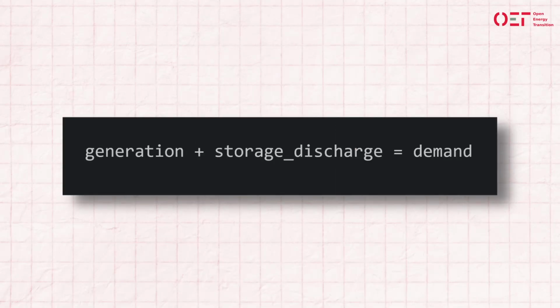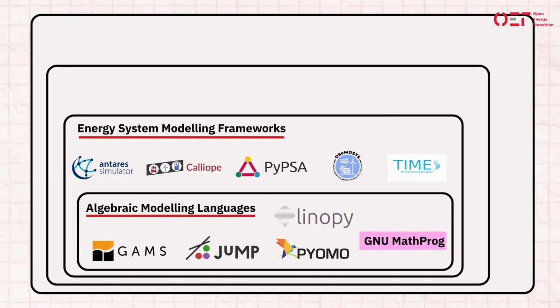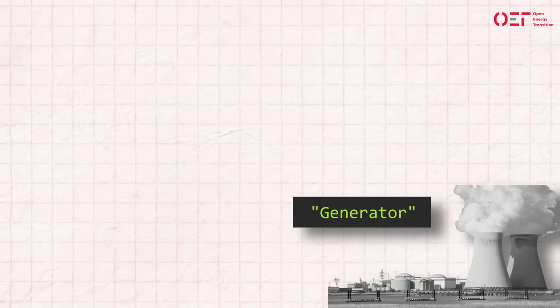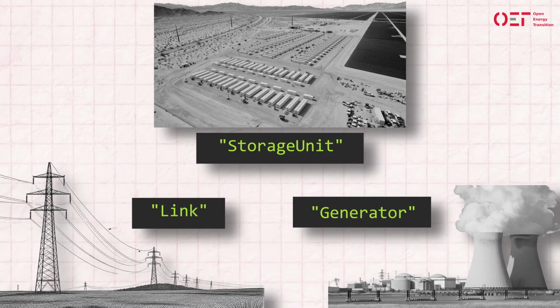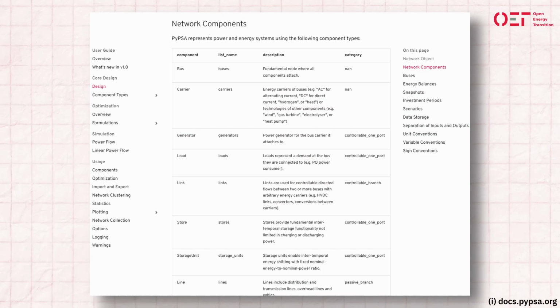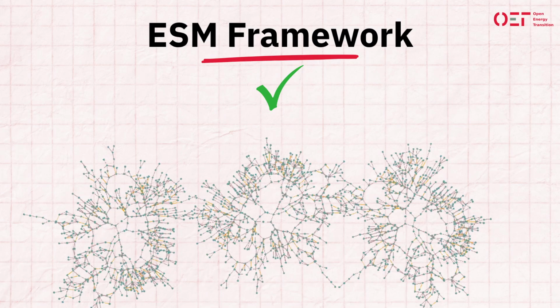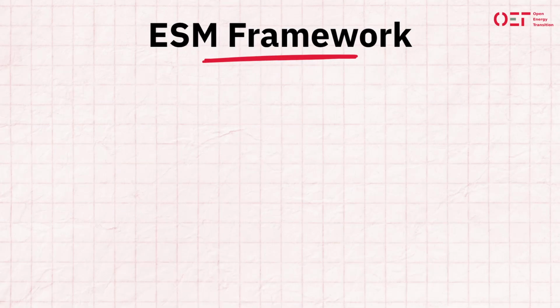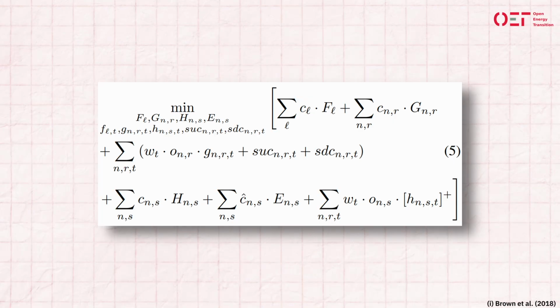In principle, you could write every constraint directly in a language like NumPy yourself, but an energy modeling framework like PyPSA already defines the common building blocks for you, for example, how a power plant, a transmission line, or a storage unit behaves mathematically, so you don't have to derive and code them from scratch each time. It also gives you a consistent structure for how components are added and connected, and it's optimized for performance on the large, complex problems energy systems produce. In short, it gives you the tool you need to prepare an optimization problem, for example, finding the minimum total system cost given a set of constraints.